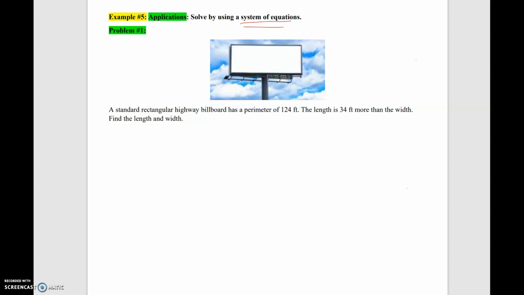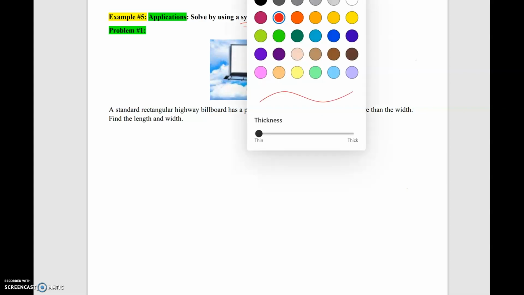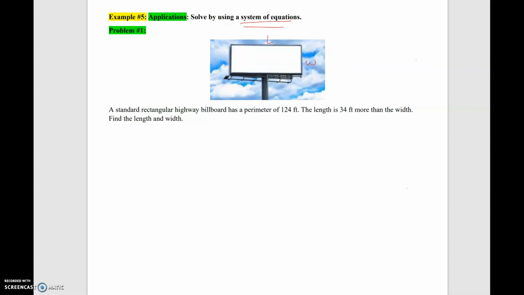Technically you could say that this is the length. Actually, I'll just label this as the length and this is the width. It doesn't really matter, but at least we'll have it in perspective. So the whole distance around the actual object is 124 feet. That's going to be one of the equations, not our system yet, but let me write out what we know. So the perimeter